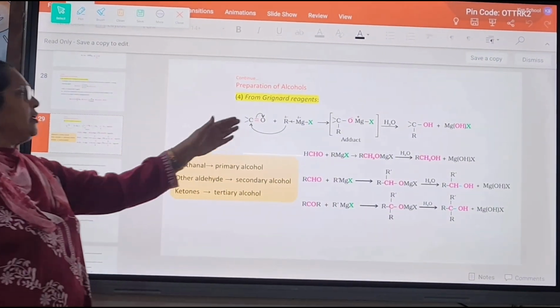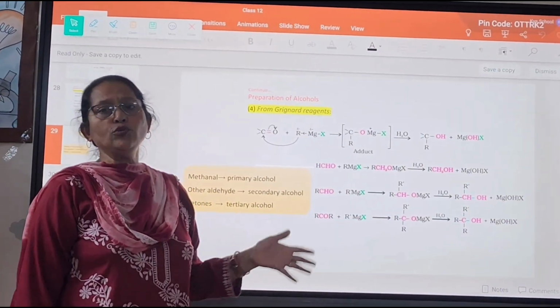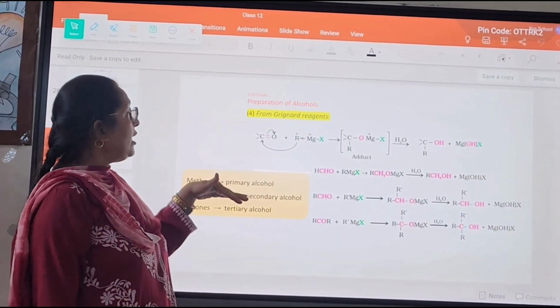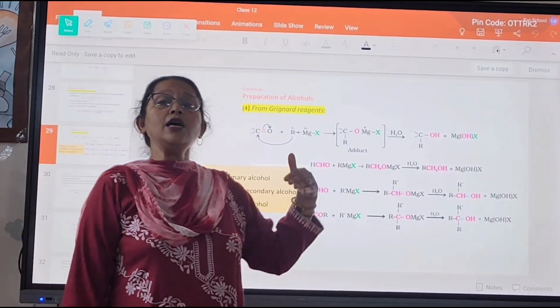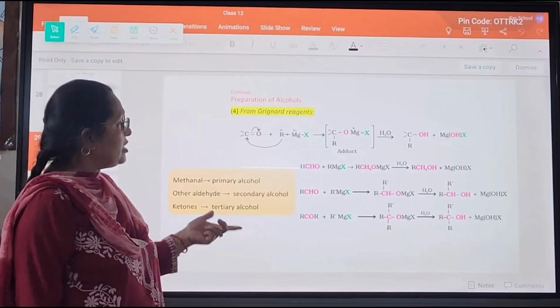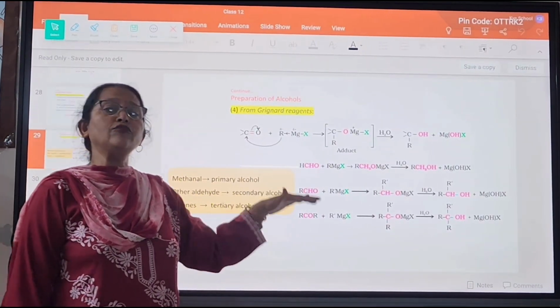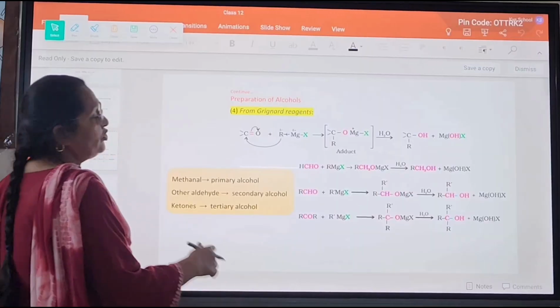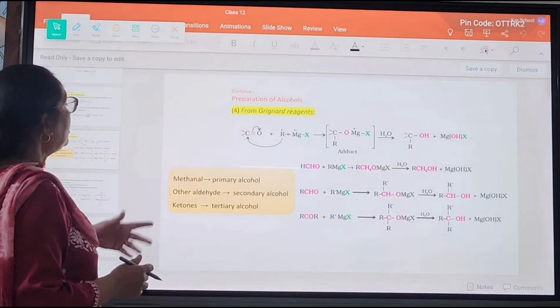This is a very important method of preparation by using the Grignard's reagent, and in this you will find that it is the stepping up of the series. This reaction has so many uses, and you can use this reaction in your conversion when you do the conversions question, or the conversion of one compound to another.